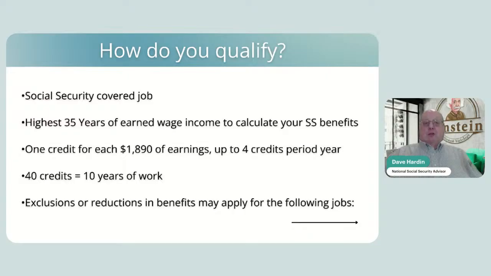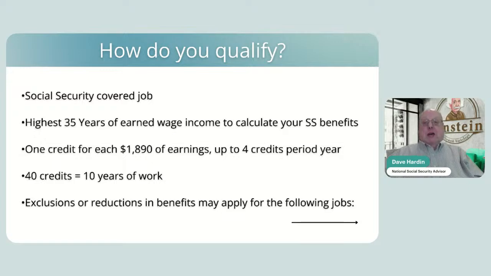If you don't have 35 years, let's say you have 34, here's how they calculate it. They take the only 34 years they can take, they add them all up, they prorate them by date, and then they divide by not 34, but 35 still. It's like they added a zero, and that's what you get. If you understand math at all, you know that adding zeros to a division problem makes the number much smaller.